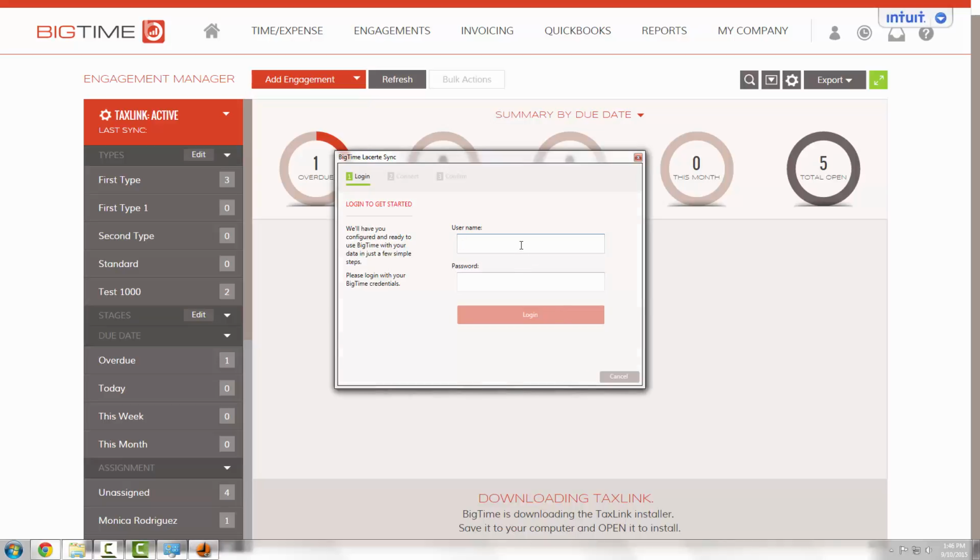And then here you're going to be prompted to put in your BigTime credentials. These are the same credentials that you use to log in from our site. So I'm going to type in my email, my administrator password, select login,